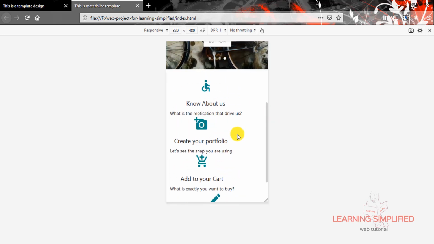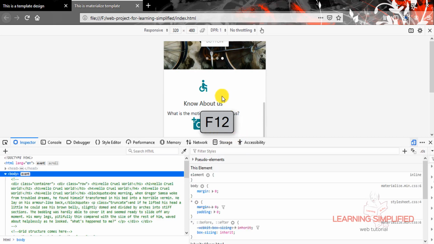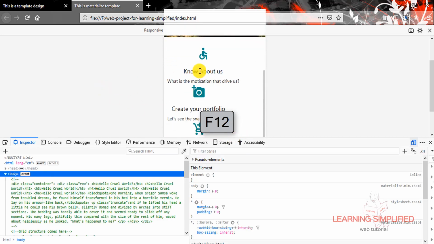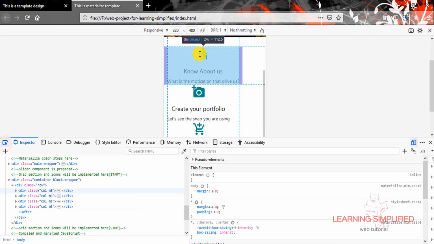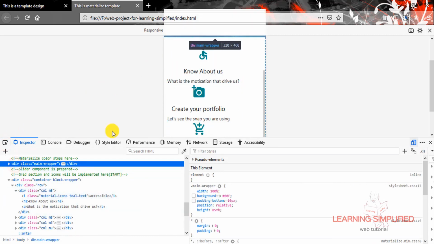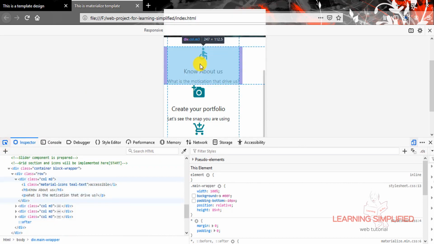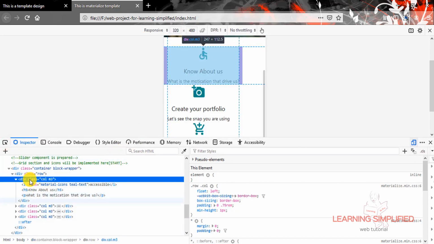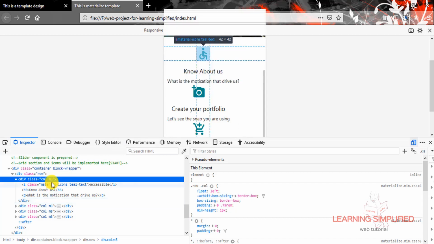In that case, we need to press F12 and open up this code inspector panel. Let's select any of these blocks. So this is the div class col-m3 that we specified over here.